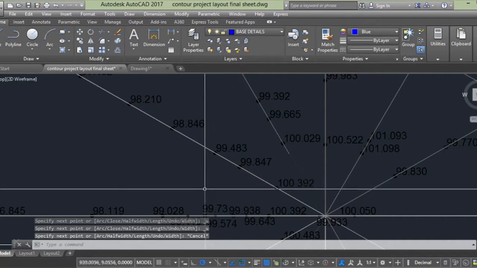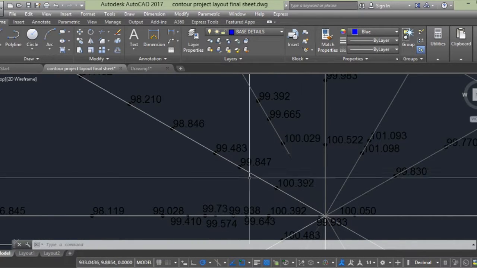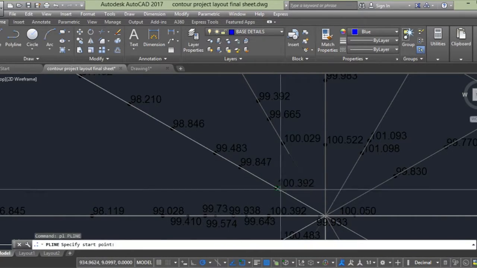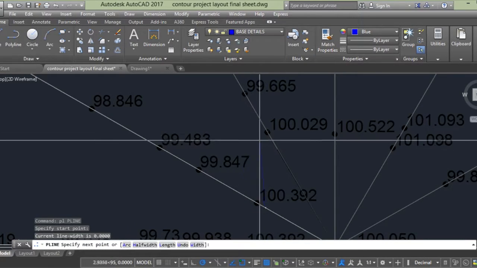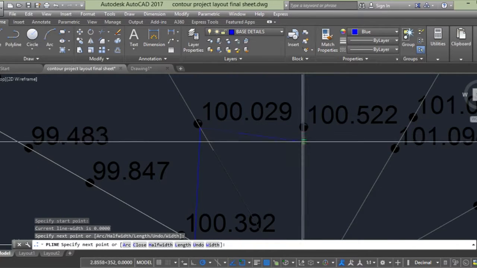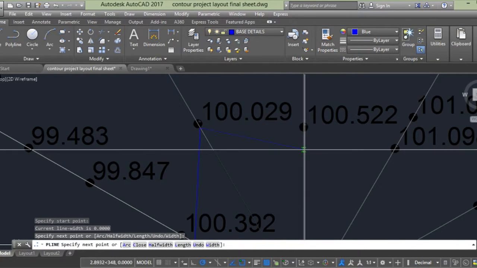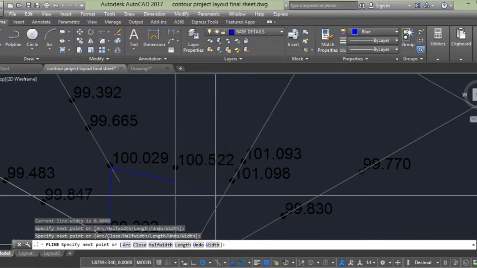Sorry, I'll first take the contour of 100 itself, RL, and it would come out somewhere here at the nearest node, and somewhere out here, 100.522, so it would be somewhere here,